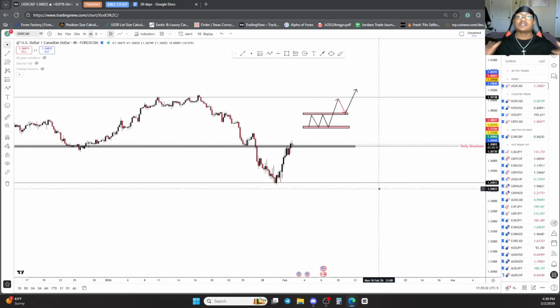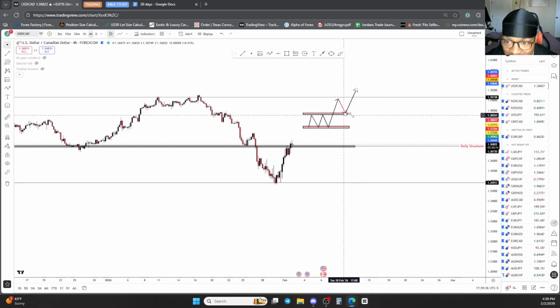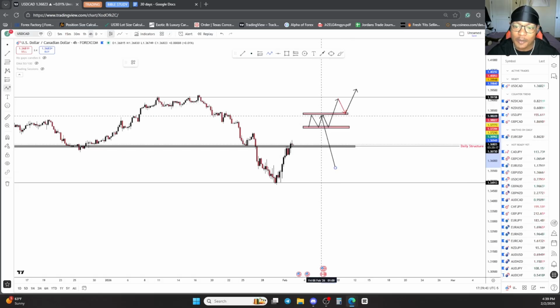Why? Because say if we're trying to break through a roof, and if we break through, we're going to come back down to treat this roof as our support to then continue in the upwards direction. And that's exactly how you will find your area of interest. You simply wait for price to either break through your roof. Once you have that, you then look for price to come back towards this area to then treat it as your support. Since we're above this area, when we're below, we treat it as our roof. When we are above, I want to see it treated as support.